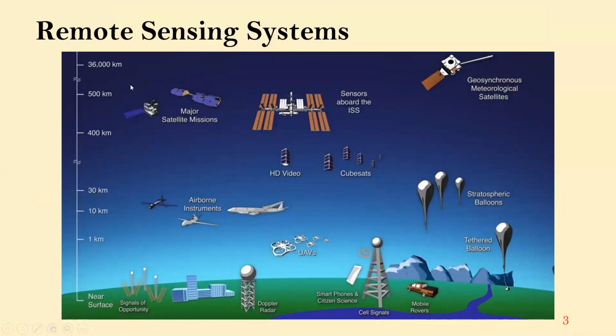The satellite missions, which are orbital remote sensors, can be further categorized into three categories. Those are the major satellite missions, the Earth observation missions, and weather information satellites, and geosynchronous meteorological satellites. Mainly these satellites are used for communication purposes and collecting weather information. And also the International Space Station is mounted with sensors while orbiting around, and that also acts as a remote sensor collecting information around Earth features.